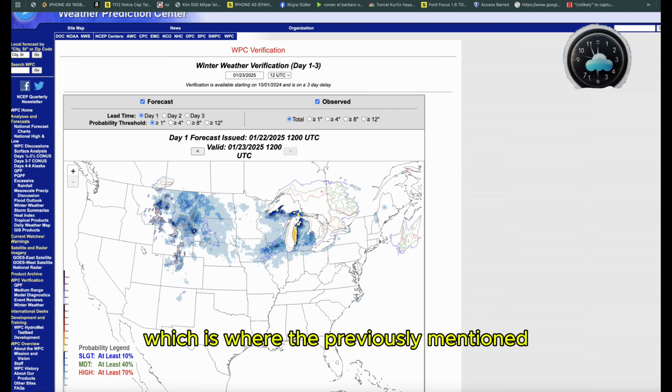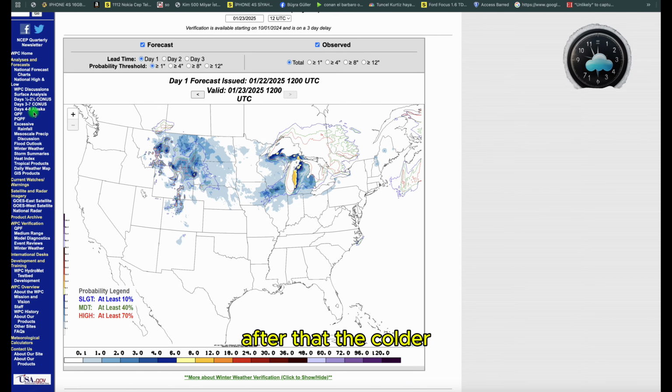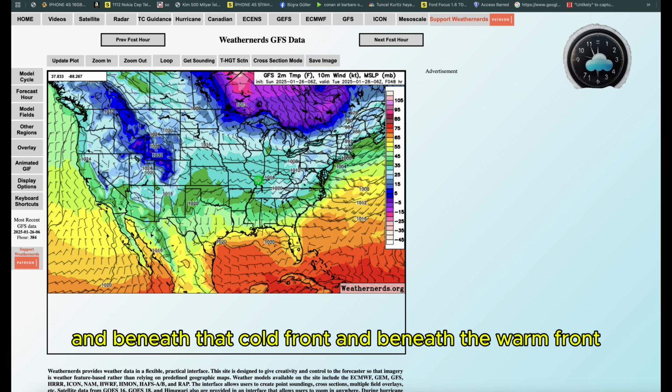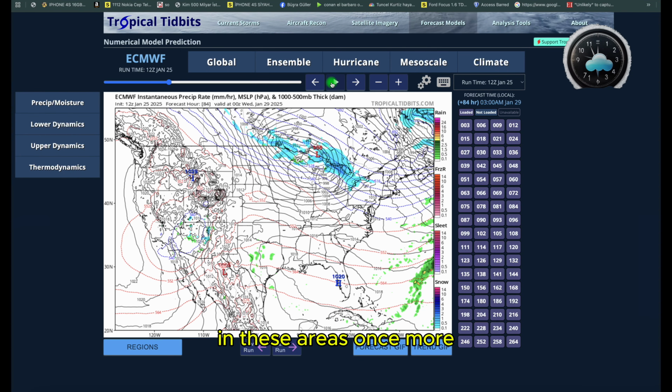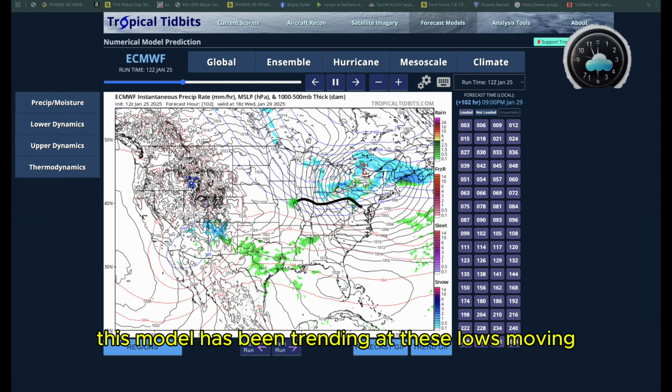That is where the previously mentioned rising temperatures and humidity are found. After that, the colder, drier air swings behind and beneath that cold front. And beneath the warm front, this would significantly increase the likelihood of severe weather in these areas once more. This model has been trending at these lows, moving